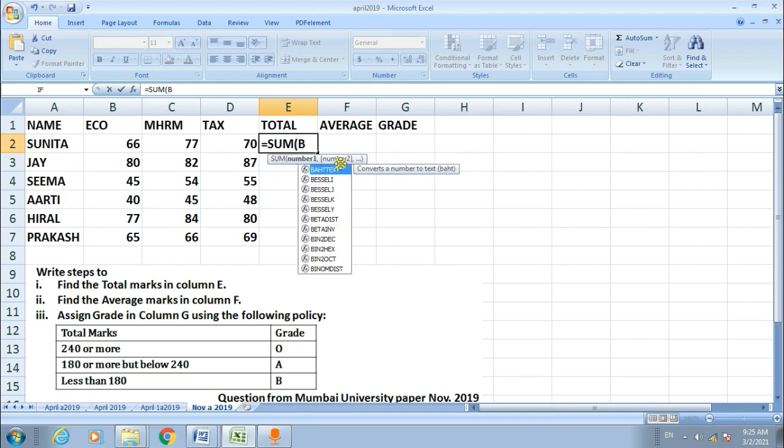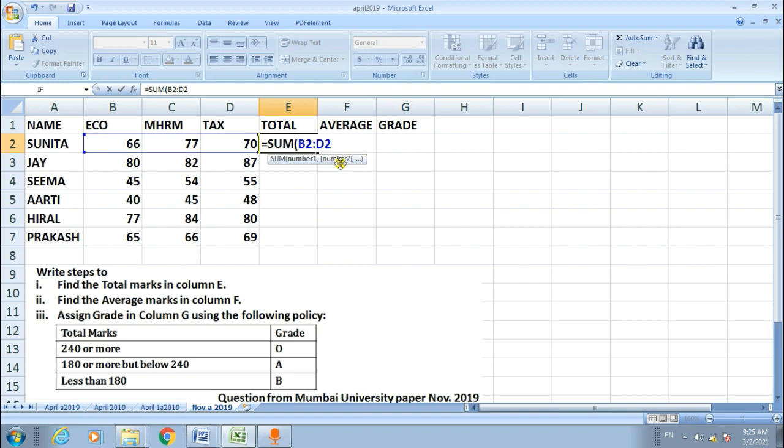B2 colon D2, and bracket close. See, this is the formula for total. We have to type it in cell E2 and press enter. As soon as I press enter, we get the total.